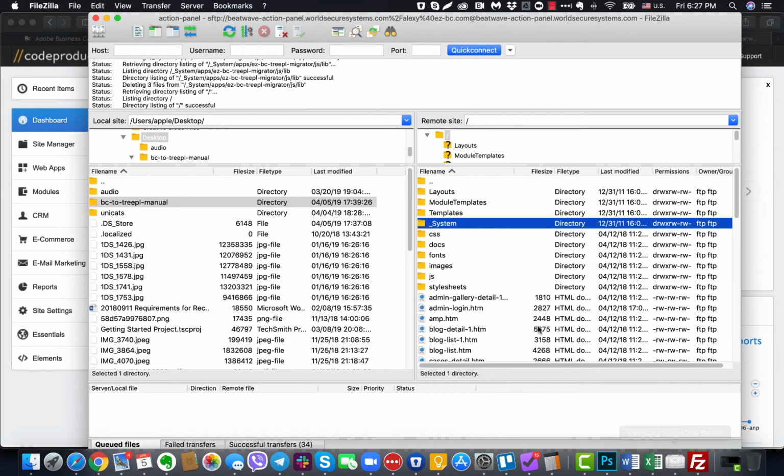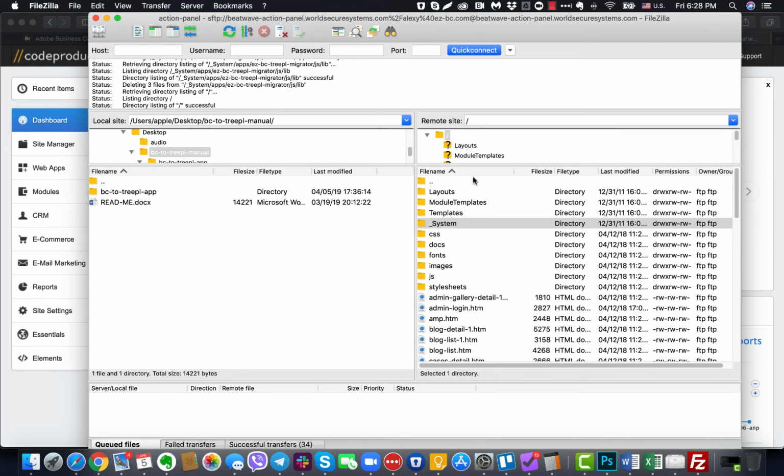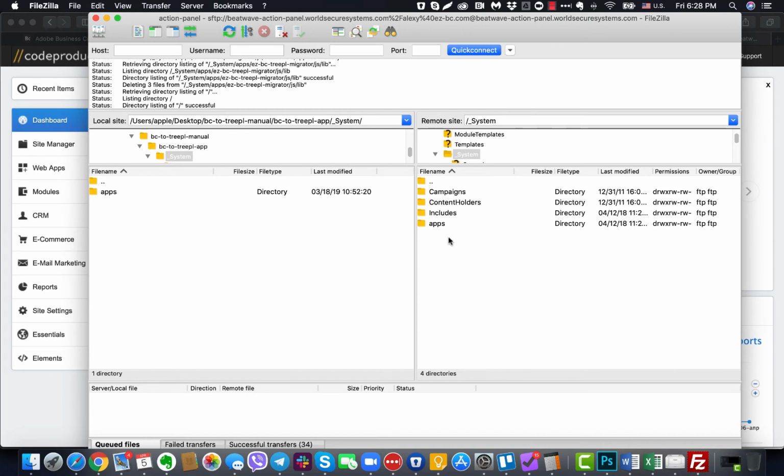Then go to your BC site that you're about to install the app to. Go to FTP. This is your file system of your BC site. Open the folder from your zip. Go to BC Treepl app and follow the same path on both sides. So system, apps. Now if you don't have apps here on your BC site, you just drag and drop this